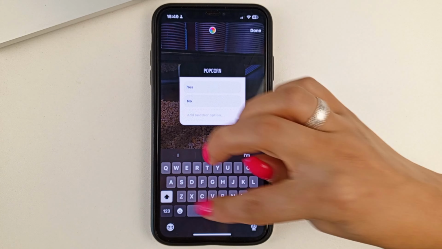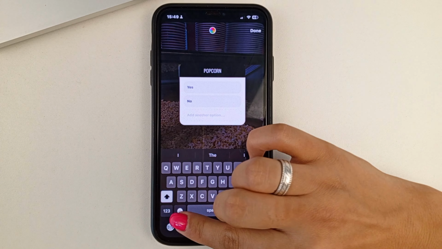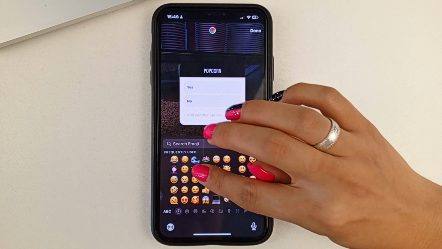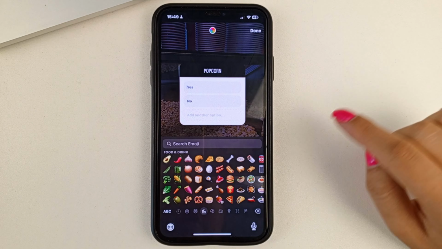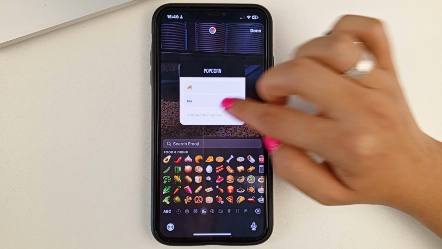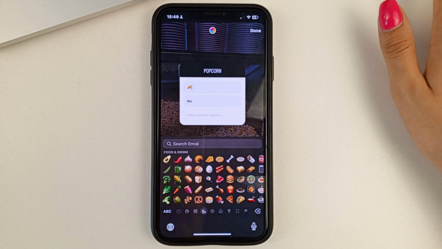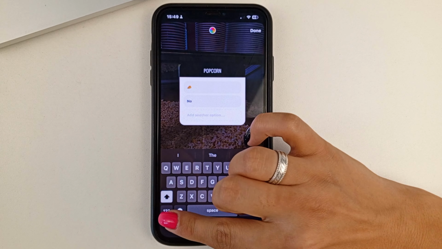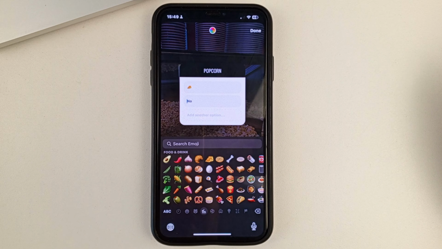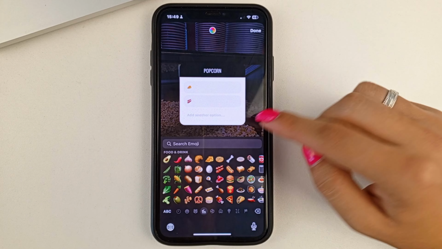And also you can here not only write in text, but you can also add emoji. Here you can add absolutely any emoji. And when you've already edited the first line, click on the second line. And then either enter text or continue to add any emoji.